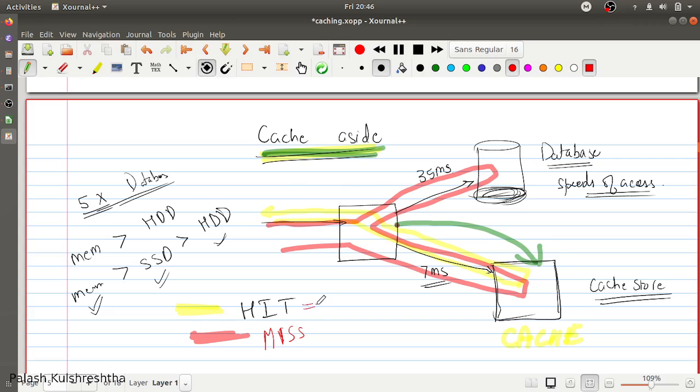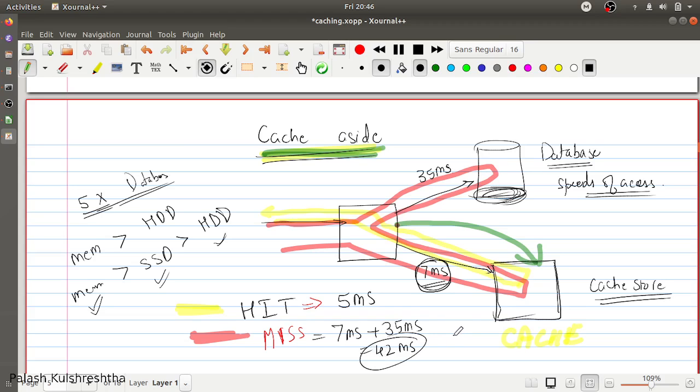So in the hit case, your latency is going to be 7 milliseconds. And in the miss scenario, you are first checking the cache in 7 milliseconds, plus you are querying the data in 35 milliseconds. So it is going to be 42 milliseconds.